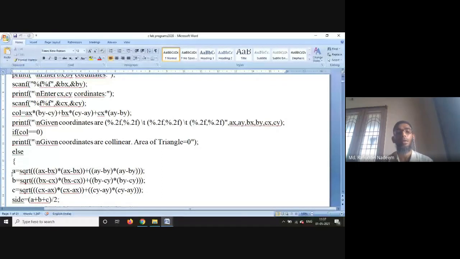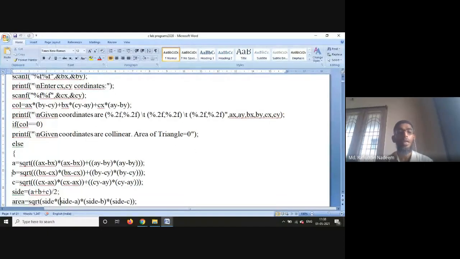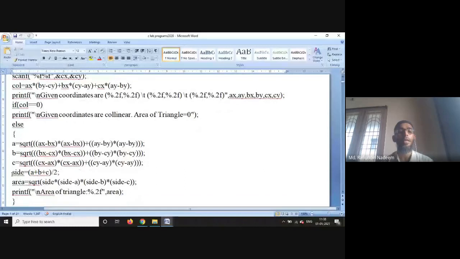So I am finding the a, b, c values. After that, I am finding s, which is a plus b plus c by 2. Then I have the formula s into s minus a into s minus b into s minus c. Then the area of the triangle is displayed. These are all mathematical formulas actually.